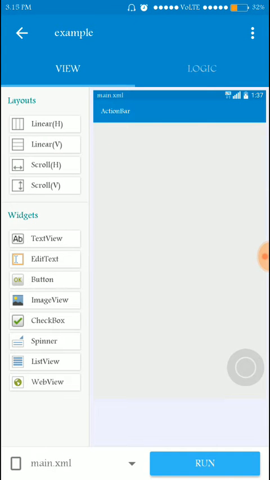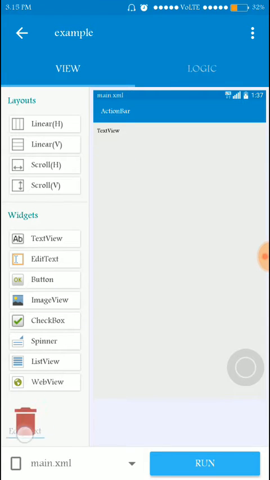And as you can see, this is your app, this is your first app, and I want to discuss all these things with you. There are two options available here, layouts and widgets. I am going to cover layouts later. First of all, I am going to give you a brief introduction about widgets. There are 8 widgets available, and I can tell you about each thing.